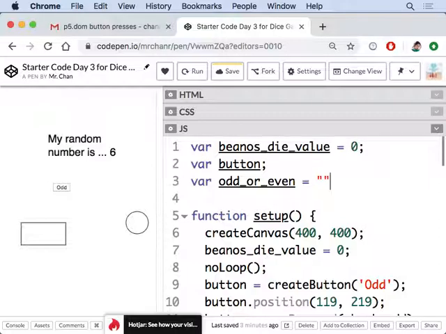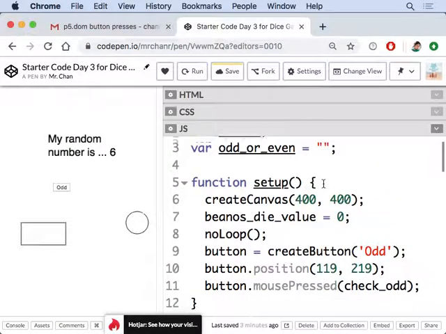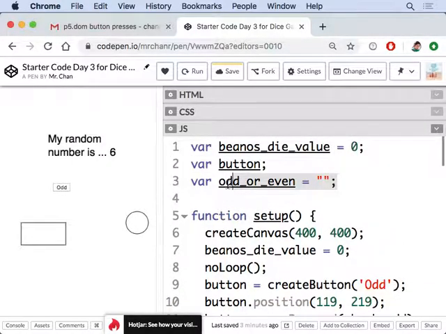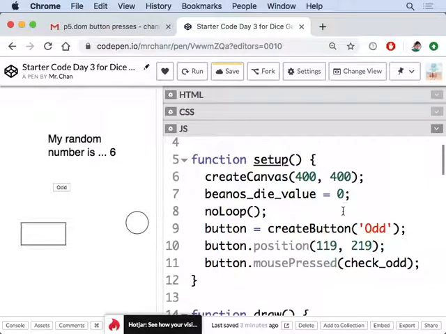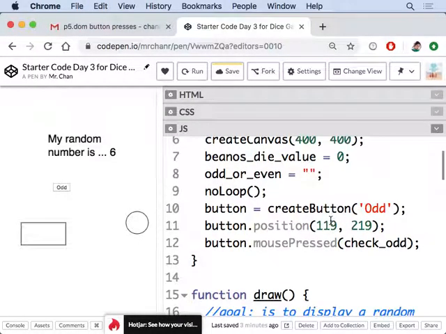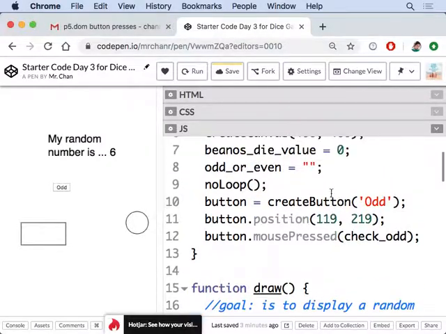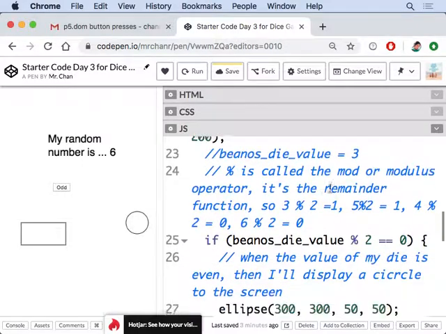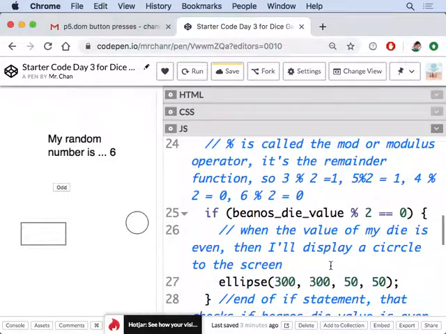So initially it's going to be blank. And then down here, let's initialize it again. So we have this variable odd or even. It switches between, at first it's going to be blank, but it's going to go between the words odd and even. So after we roll, right about here, notice our value, this thing, it checks to see if your value